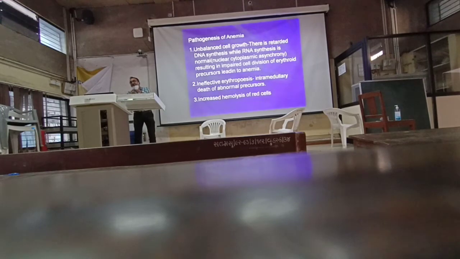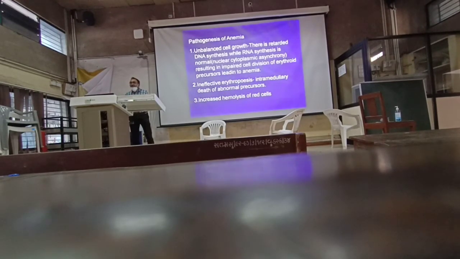But when the PCV is very low, the red cell count is low, so it should be corrected. Why does it need correction? Because the RBC count in most megaloblastic anemia is about 2 million, 2.5 million, rather than 4 million. So what happens? As I told you last time, the sensor will tell the bone marrow to supply more and more red cells. So the reticulocytes present in the bone marrow will come out of the bone marrow and enter the system.